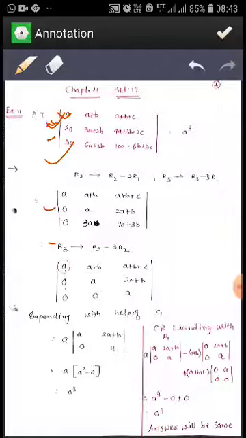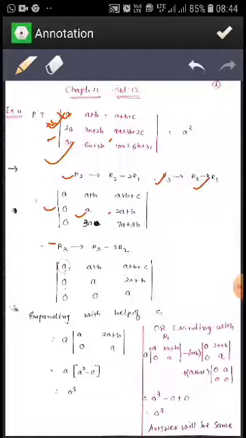So what do we write? We want a change in R2. What change do we require? R2 minus 2 R1. We want a change in R3. What type of change do we require? R3 minus 3 R1. So multiply first R1 by -2 and add into this. So this will be 2a plus 2b, add -2a minus 2b, subtract this, so a will remain, and a plus b plus c multiplied by 2 and subtract from this. So 4a minus 2a, it is 2a. Then 3b minus 2b, it is b, and 2c minus 2c is 0.